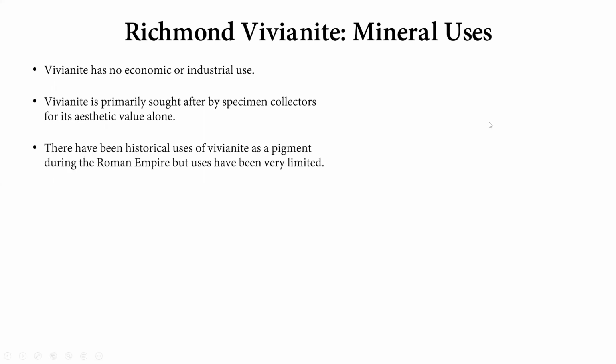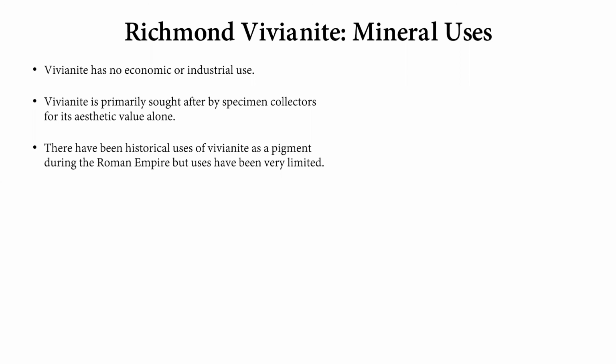There have been some historical notes that showcase that Vivianite had been used as a pigment during the Roman Empire and around that time, which highlights a very important point here: ancient civilizations and ancient empires used minerals in paintings and necessarily didn't have a name for the minerals or something that was approved by the IMA, because that came way, way later, right? And so Vivianite, even though it was discovered around 1817, there are still some notes of it being